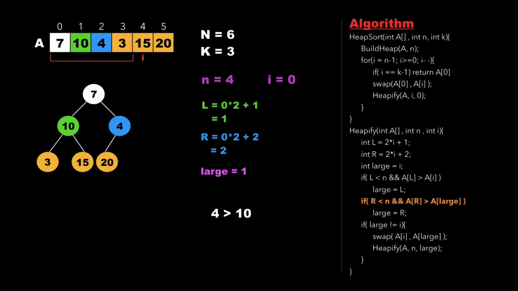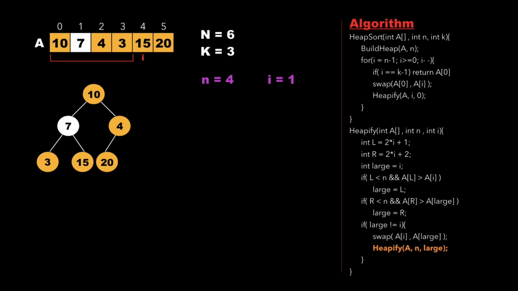Since it is not, we don't update the value of large, and check whether large is not equal to I, that is 1 is not equal to 0, therefore we swap A of I with A of large, that is we swap 7 with 10. And after swapping we call the heapify function